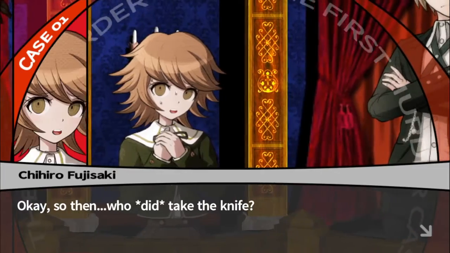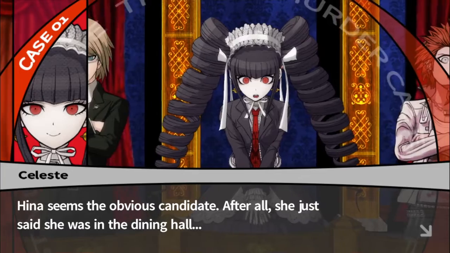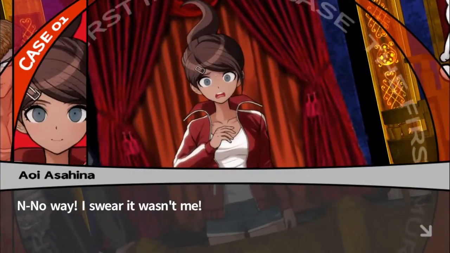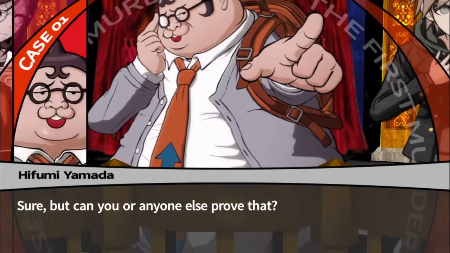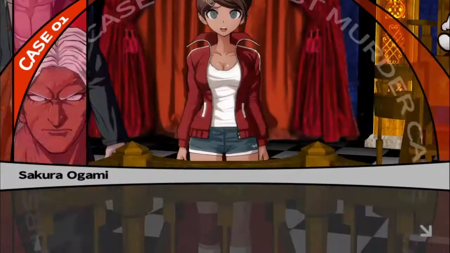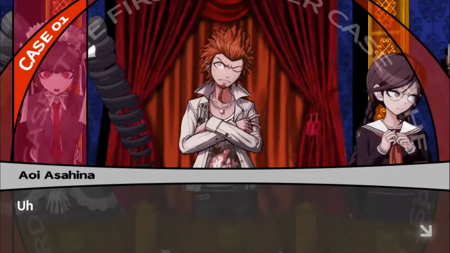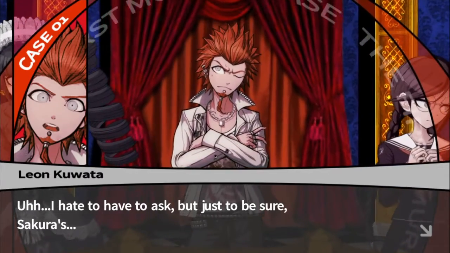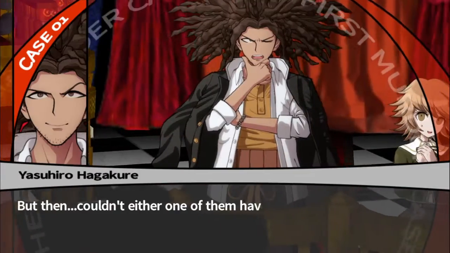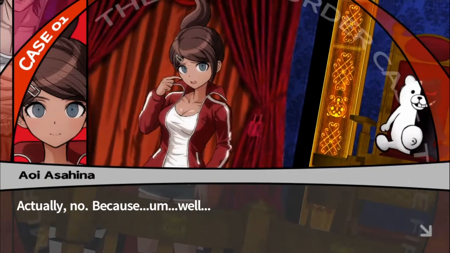Okay, so then, who did take the knife? Hina seems the obvious candidate. After all, she just said she was in the dining hall. No way! I swear it wasn't me! Sure, but can you or anyone else prove that? I can. That's right. Sakura was with me the entire time I was drinking my tea. I hate to have to ask, but just to be sure, Sakura's... Me. Right. But then, couldn't either one of them have grabbed the knife? Actually, no. Because,